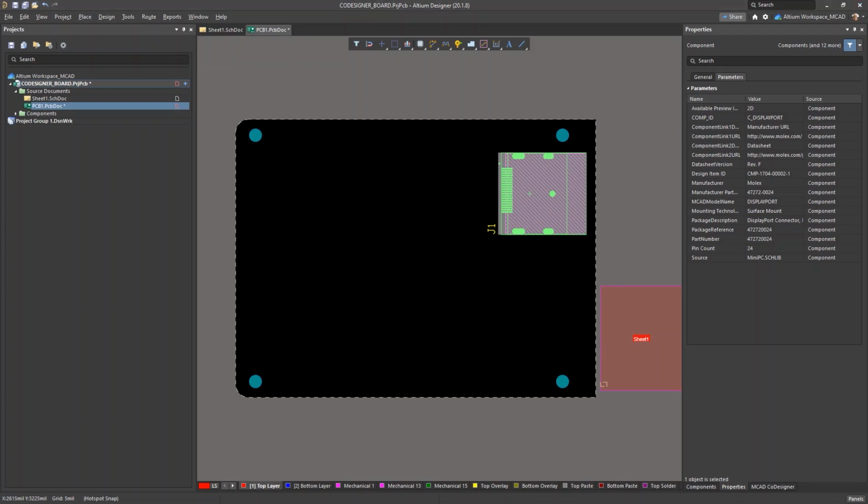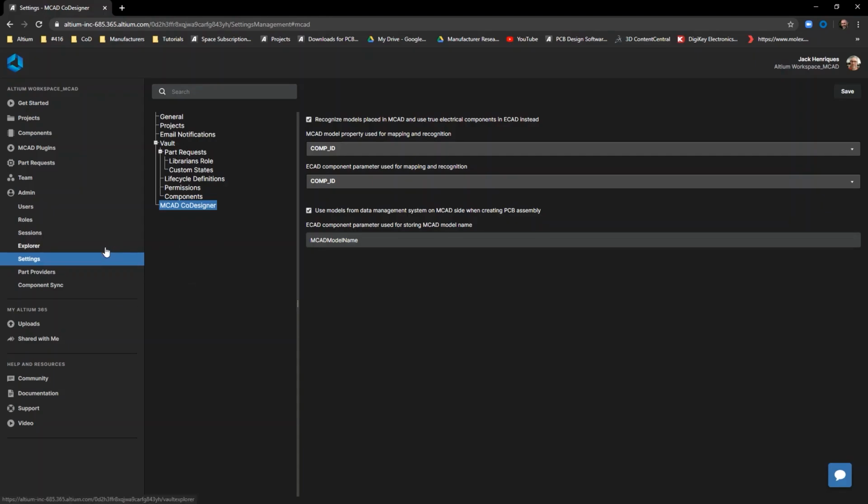Now what that does, I will explain by going into the admin settings for the Altium 365 workspace, and in the CoDesigner section, this option here: use models from data management system on MCAD side when creating PCB assembly. What that does is, if we include a